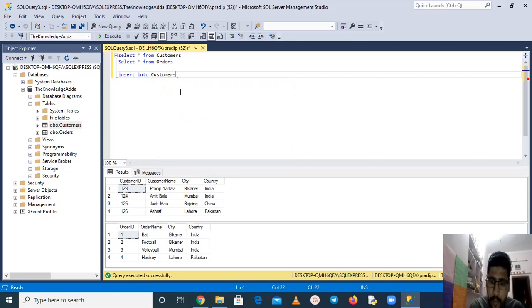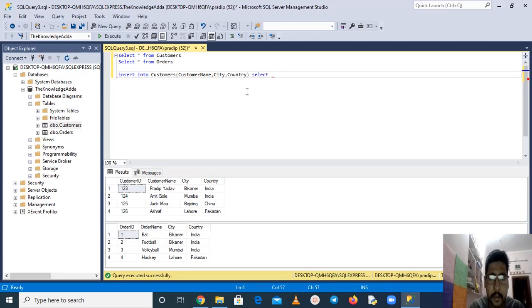And what fields of this table do you want to show? Suppose I want to show customer name, and city, and country. Okay. So these are some fields, and what values do I want to insert?